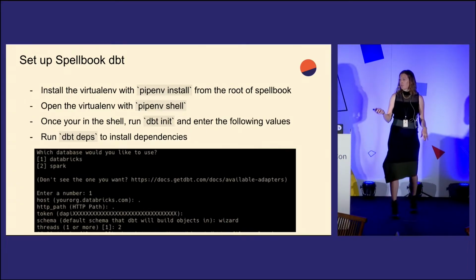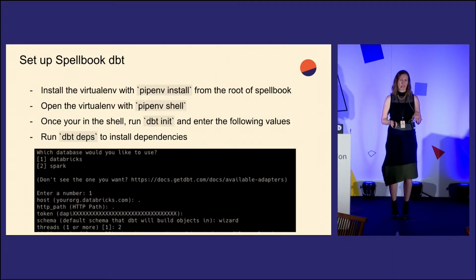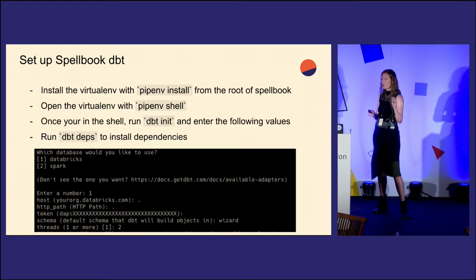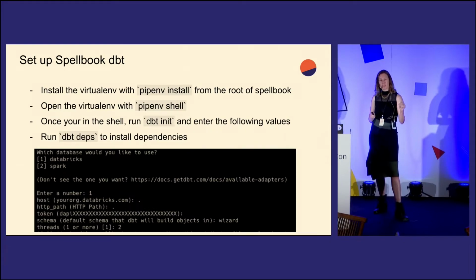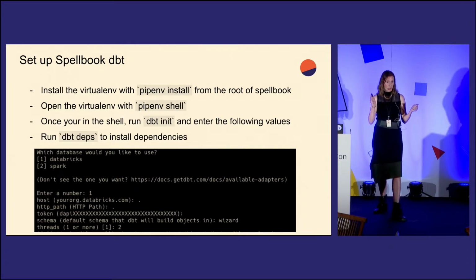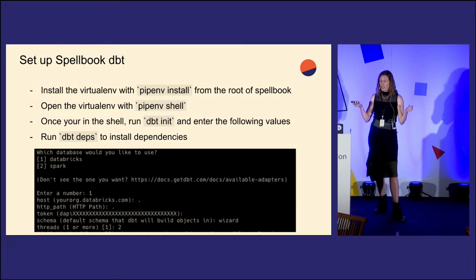With dbt init, we're doing something a little funky because we're half setting up the project, since unfortunately we cannot give all of you direct access to our database. So when you go through this setup, there are a few placeholders. We're working with the Databricks database, but for host, you can put whatever you want. I just put a period as a placeholder. HTTP path, same thing, token, same thing.